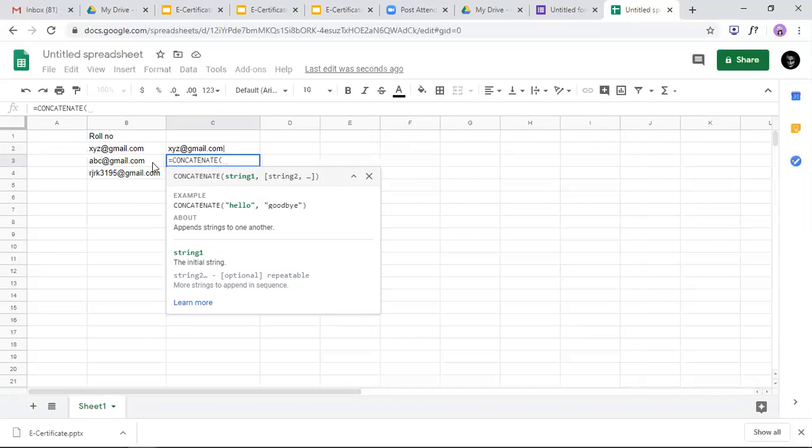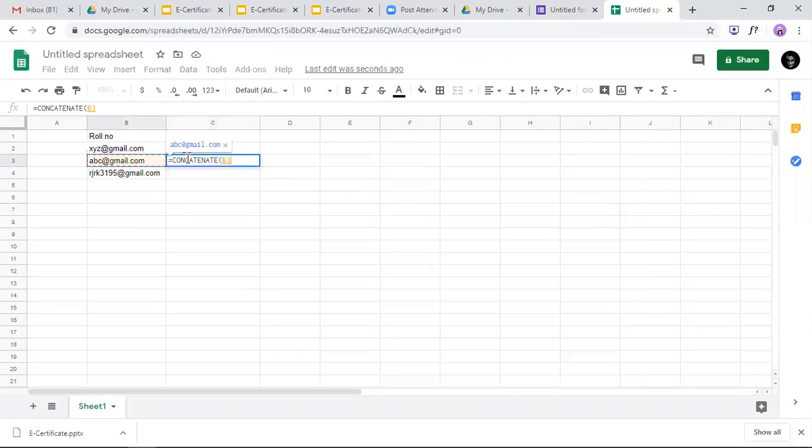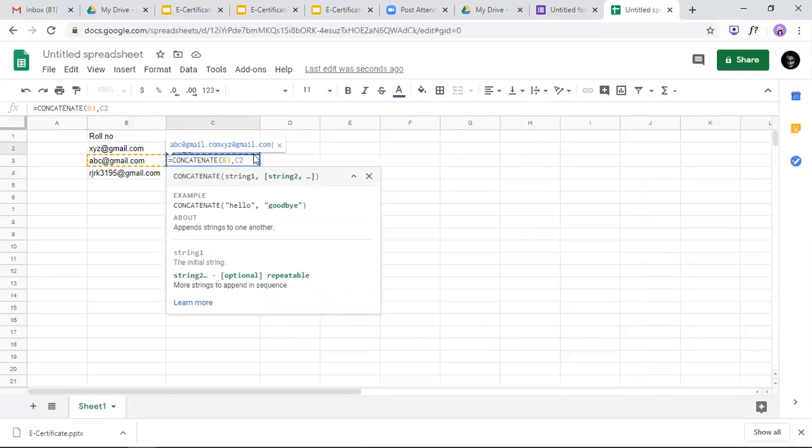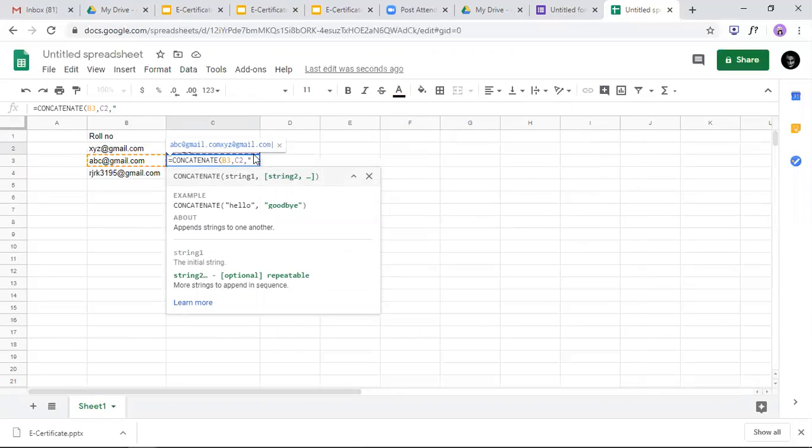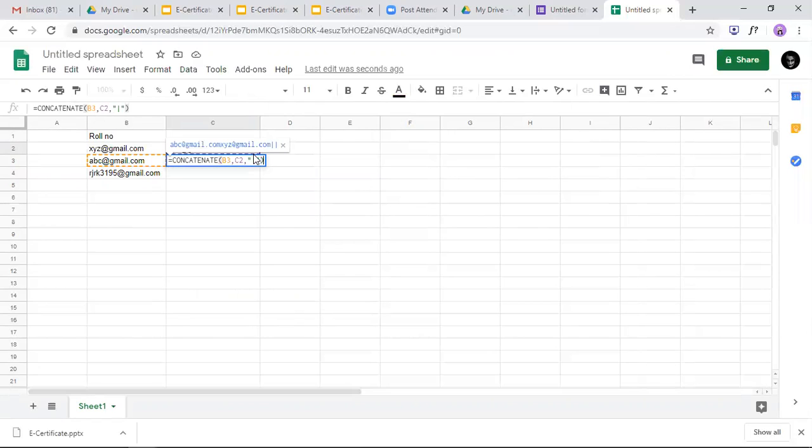Then we use this cell B3 and the above cell, comma, inverted commas, then the above cell, comma, then again inverted commas, then the or symbol, and then we close the bracket. Now this formula is ready. So now we just have to drag it. All the email IDs would come into this cell.